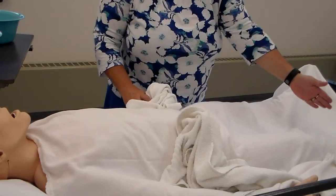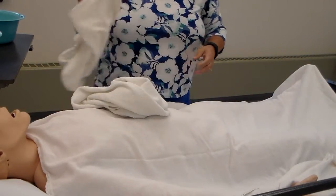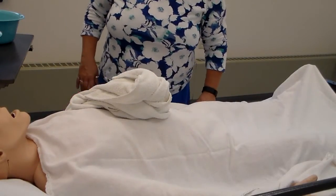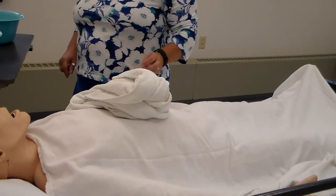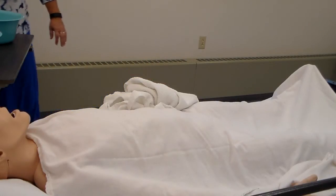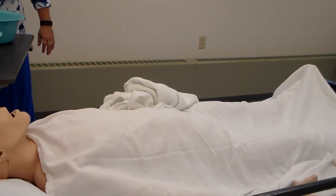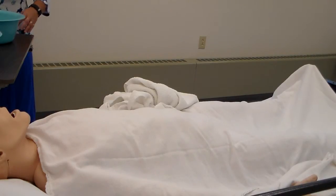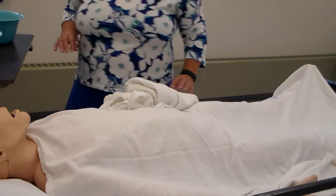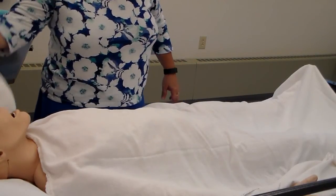Again, you would go on the other side and do the other leg. Now we have the back and the nether regions, the lower regions, to do as well. So what we want to do now is find out if our resident is able to assist us when we go to wash their back, okay? If they're not able to, then we would get assistance, okay? But if they're able to, what we want to do is make sure